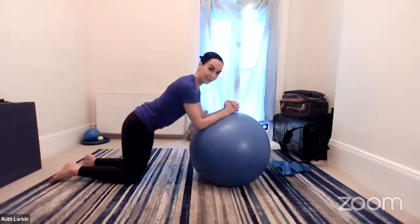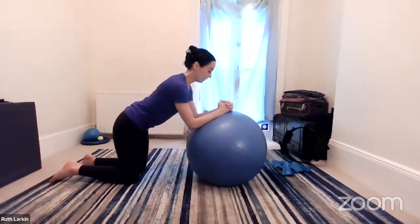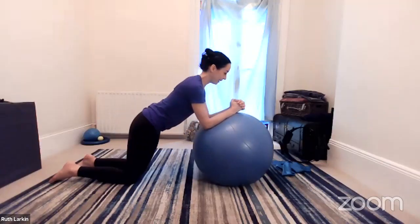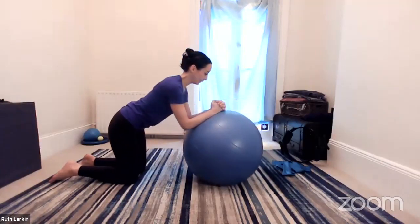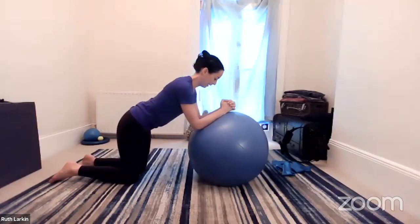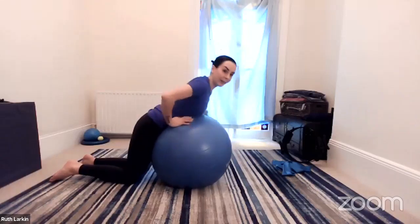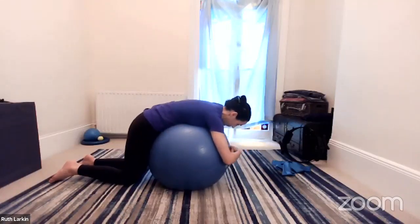Lovely, and you can really feel that working. And in fact, I'm not really moving very much, just in this slight kneeling modification. Lovely. And then just to relax, I'm going to bring the ball underneath my tummy and just lie all the way